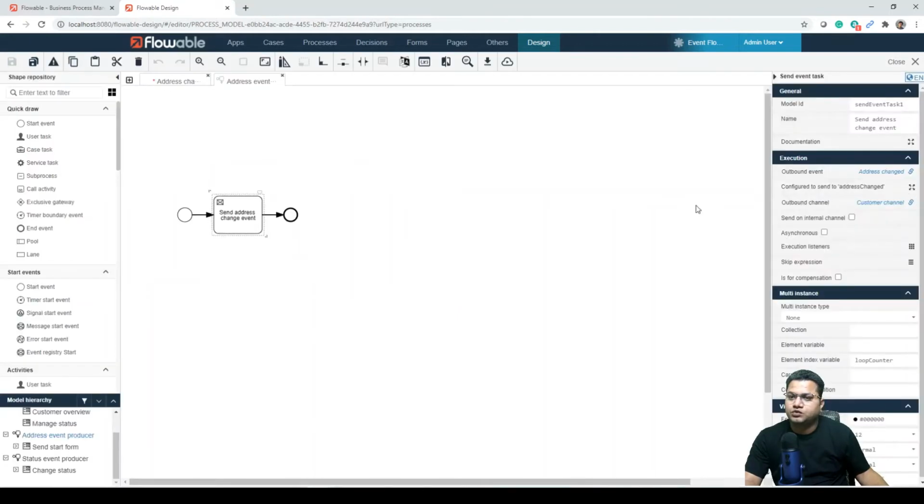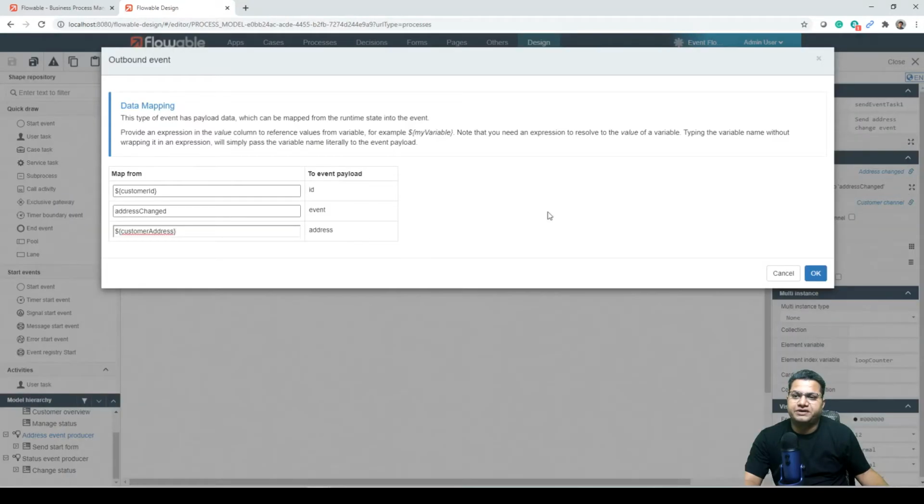Right? To be able to see the data mapping, we need to come back to this model again, and then here we can see the configured. So that is how the data is being transmitted. Anything which is available in this value, customer ID, is mapped to the ID value. Address changed is passed as an event. Customer address is passed as an address to the other data mapping. What we are doing here is just mapping all this information, and address is something very much important for this to be transmitted.